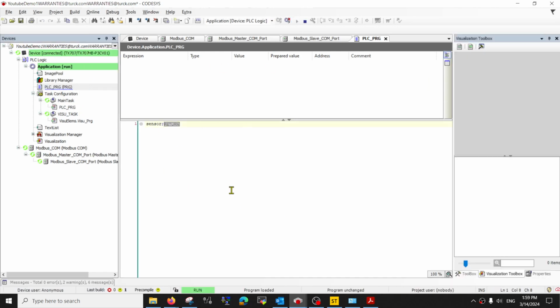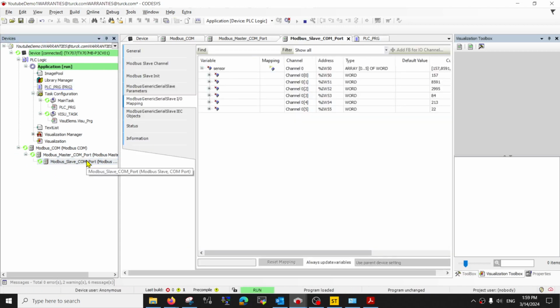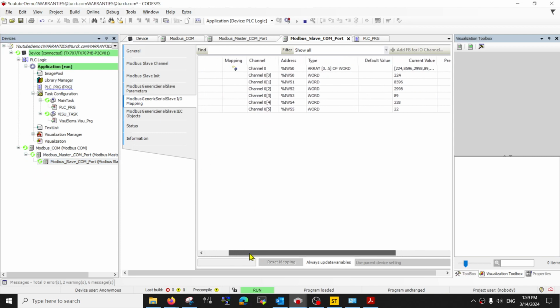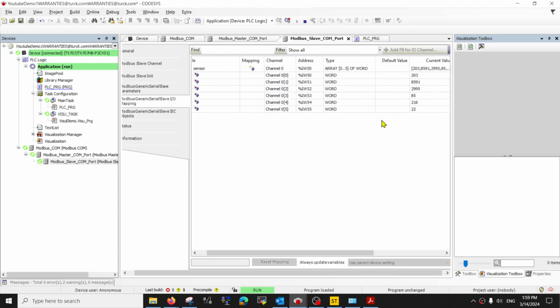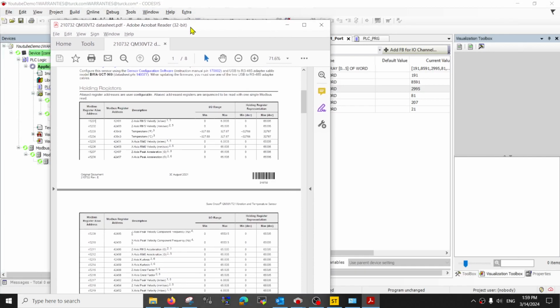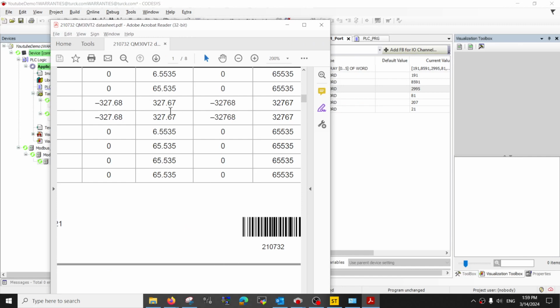Okay, so if I run the program, you should see that there are green circles everywhere, which means the communication has no problems. If you see a red circle, it means that your data has a problem. Now you can see this is my vibration data, and it seems okay. So if I look at my data sheet,